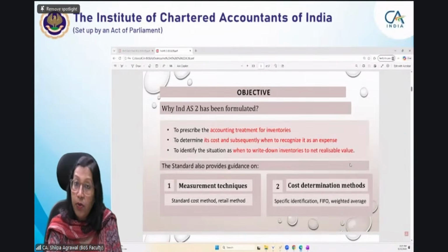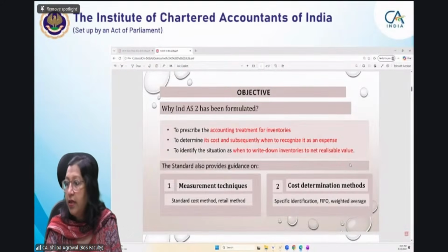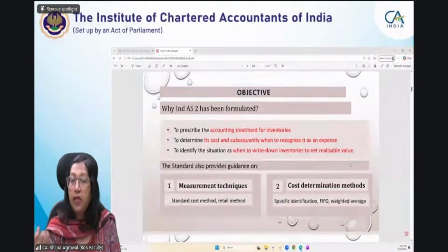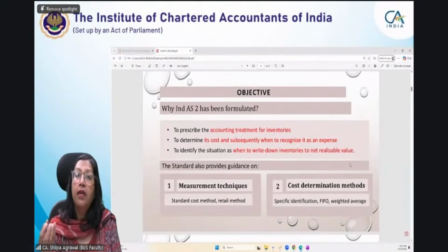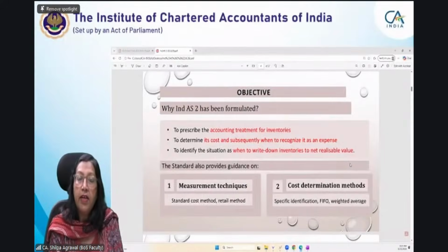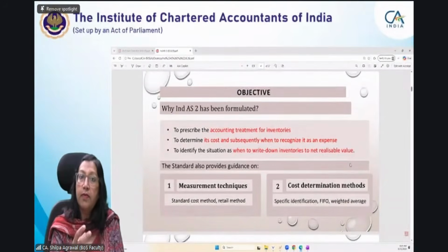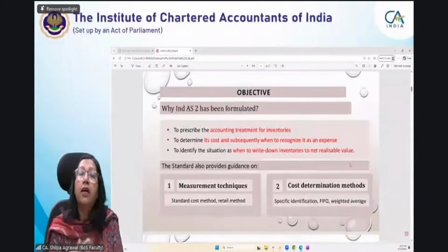For doing the accounting of inventories, we have to first understand what is the cost that is going to be recognized. What is the cost of inventory that is to be recognized, or what measurement of inventory is to be accounted for in your books. Okay, so that we can say is initial measurement. Initial measurement is basically, it's an asset, so we need a cost. Okay, we will not talk in terms of expenditure, we'll talk in terms of cost.